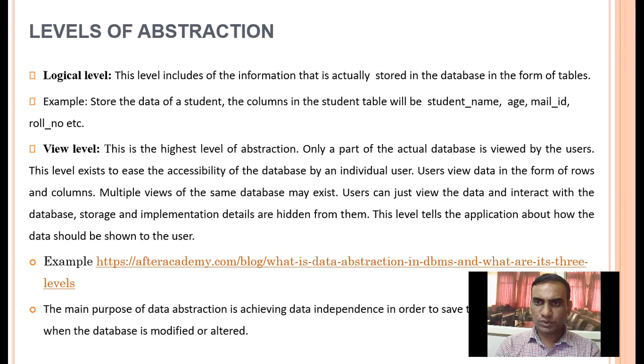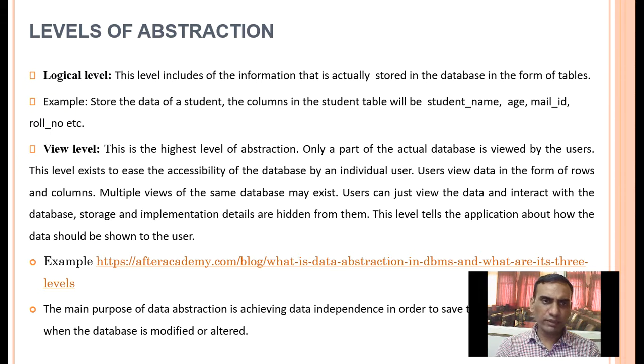In the name column we store the name of the student, in the age column the age, in the mail ID column the mail ID, and in the roll number column the roll number. This is the logical level, and the user of the logical level is the developer of that database.